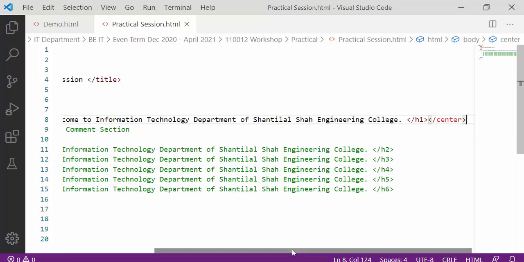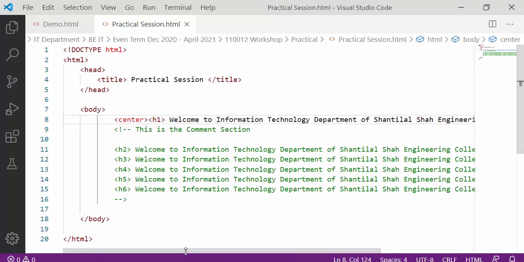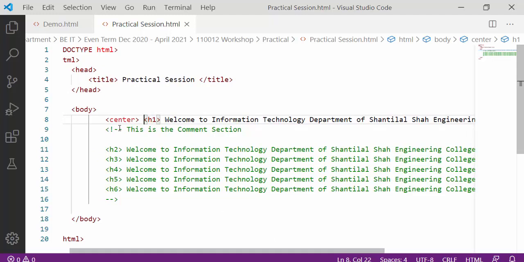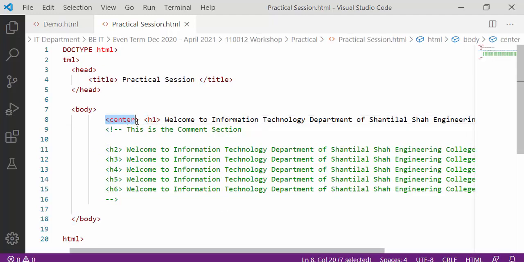Whatever tag you want to use with a single line or a single data, you can apply. Here I have applied two tags, but if you want to apply 5 tags with the same data, it is possible. But one thing you should remember is that this is the outer tag, center, and this is the inner tag, h1.